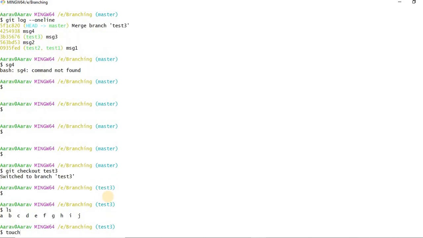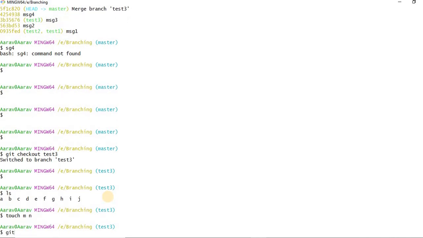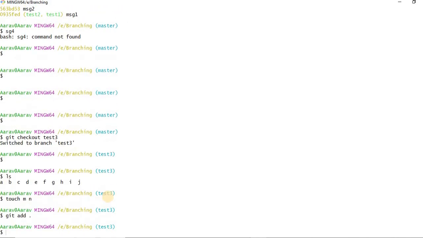So touch m and n. Then git add dot, git commit -m message 5. So this is message 5. It is the second commit on test3, but entirely it is the fifth commit.